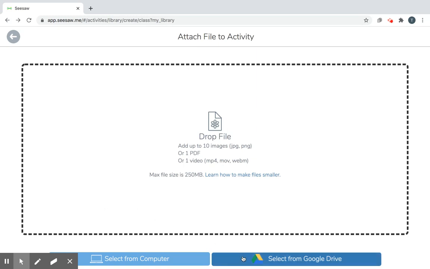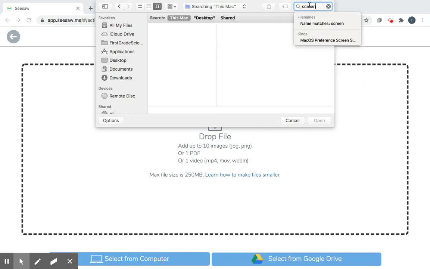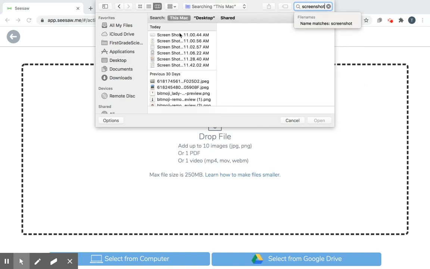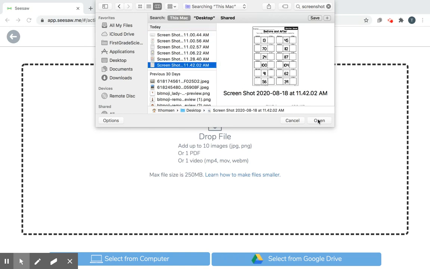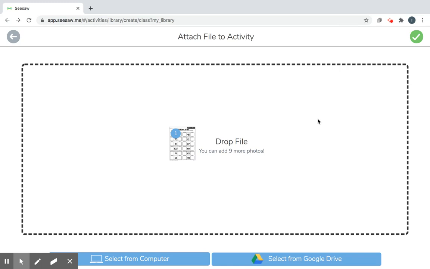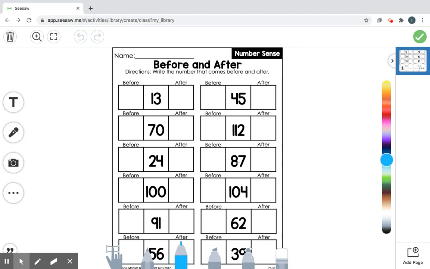So I upload. You can put something from Google Drive on it, or you can select something from the computer. So like I screenshot stuff all the time. Search my screenshots. Let's see what we got. There's our math. Let's do this. So I got my math open. I'm going to go ahead and just check it. So this is what it looks